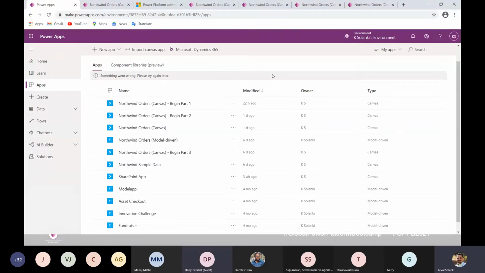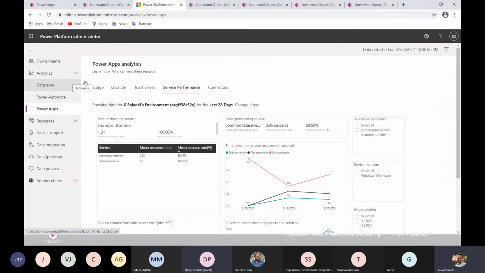Thanks a lot. But my question was, in the admin, can you please just scroll to the admin tab where you're showing the admin tab? Yeah, this one, the third one. Okay, now got it.